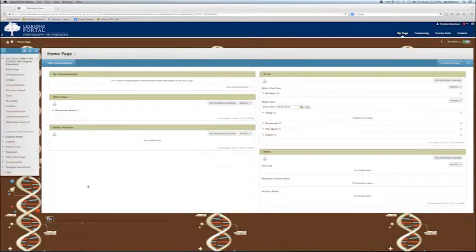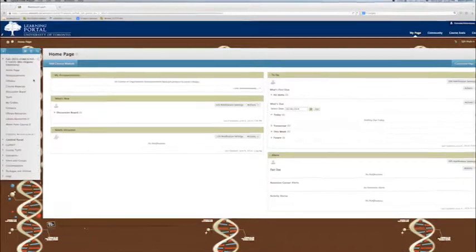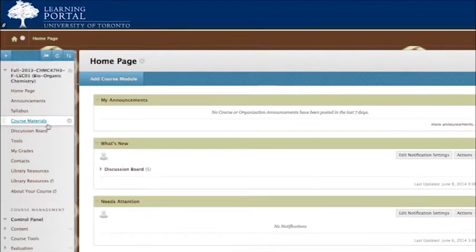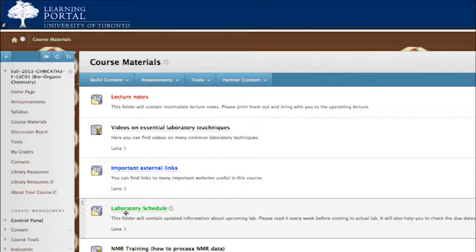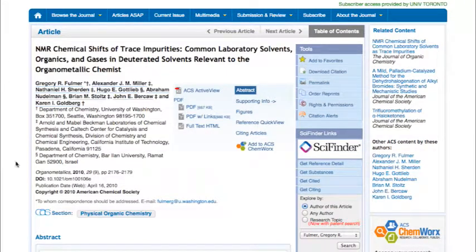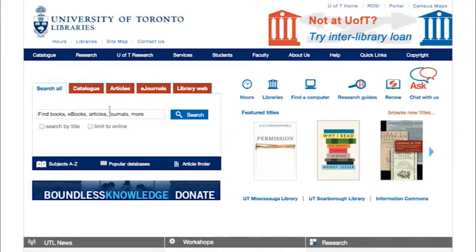After downloading MNova, there are a few important things to prepare before we get started on analyzing the NMR spectrum. Number 1. Download the NMR file folder that you wish to analyze in a designated folder from your course webpage. Number 2. Download the Fulmer et al. Paper, NMR Chemical Shifts of Trace Impurities with the DOI